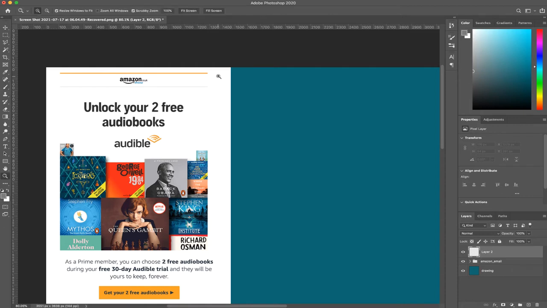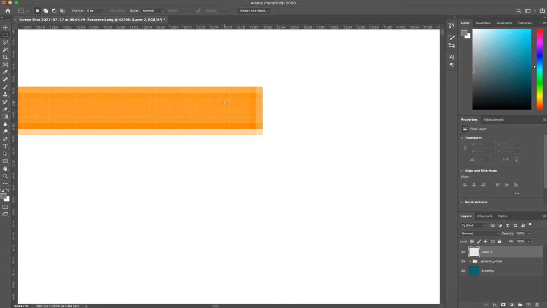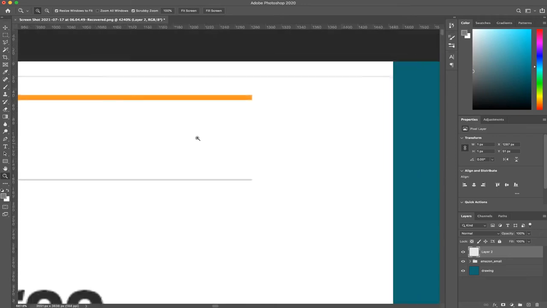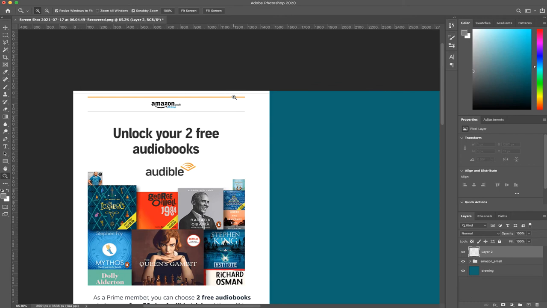Basically this line, if I zoom right in, and I press M for the marquee tool and try to select all of that, you can see that this is 8 pixels, was it? Yep, 8 pixels in height. Don't worry about the width, which is saying 7 or 8 now, just worry about the height. So height is 8. If you're building this, all you have to think about is the height of this little border thing,